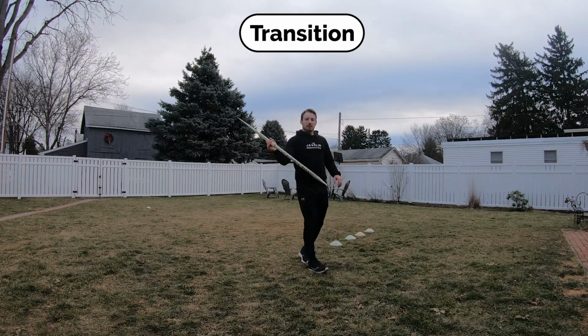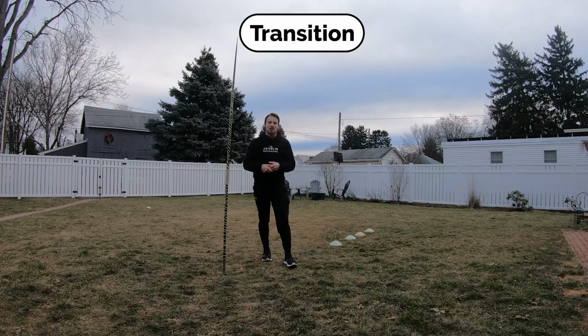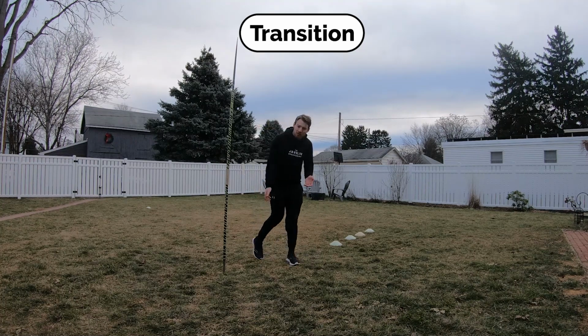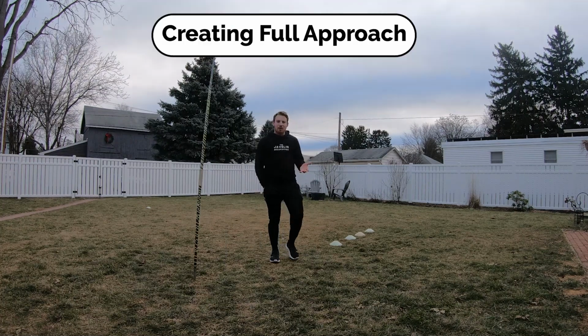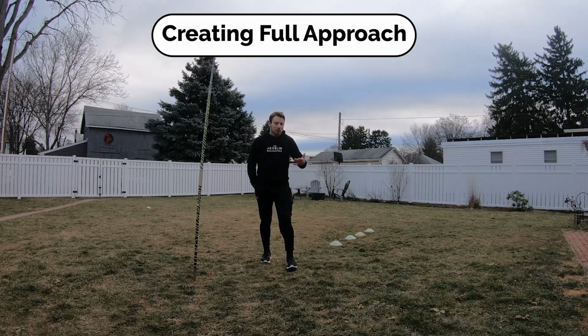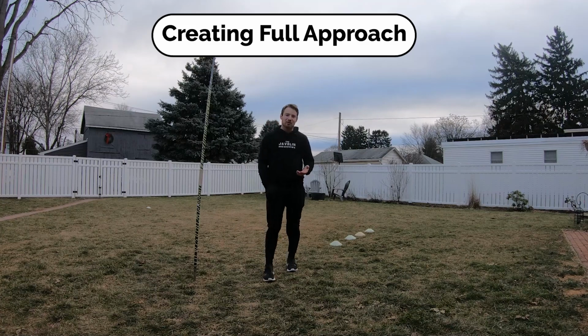So once you're able to do that over just a couple steps, you're really ready to just try and approach and put things together, at least moving from straight run transition to crossovers. So now that we've kind of covered how to transition the javelin, you're ready to try it with a more full approach setup. So at this point, I'm just going to talk through my philosophy on how to think through